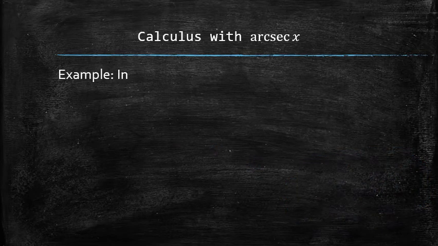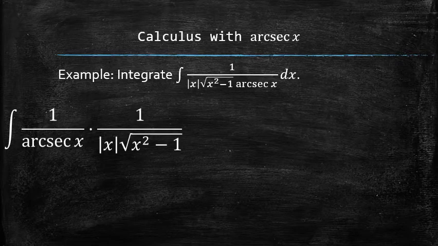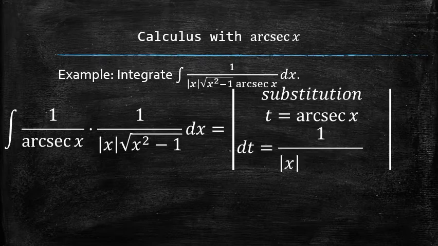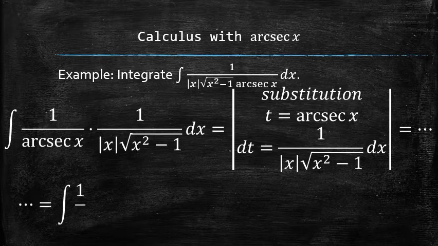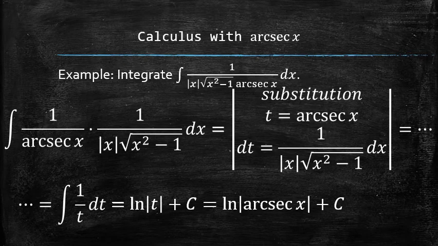Let's do an example of integration. We first recognize the pattern and rearrange the integrand. Then we set up the substitution by setting a new variable, let's say t, equal to arcsecant of x, and finding the differential of t. Next, we plug in everything into the original integral, and notice how, because of the discovered pattern, we have nothing but the function of t left in the integral. We finish the process by finding the antiderivative and plugging the original function arcsecant back for t.